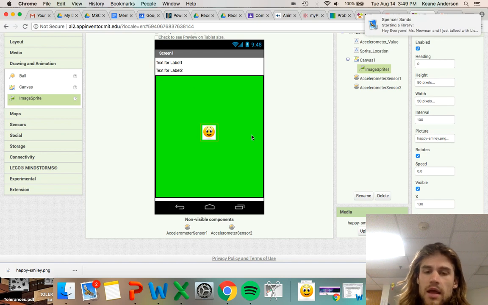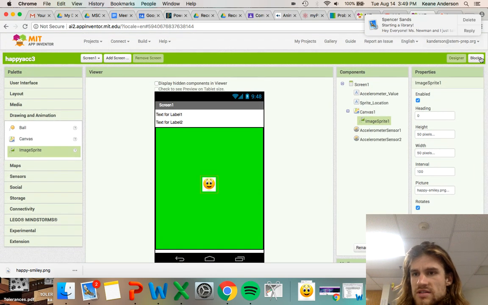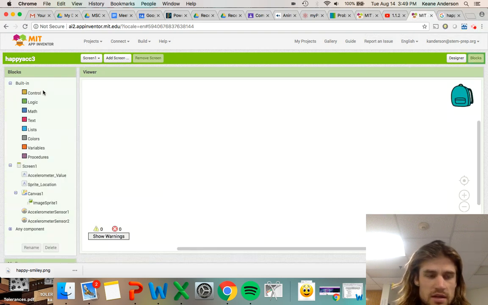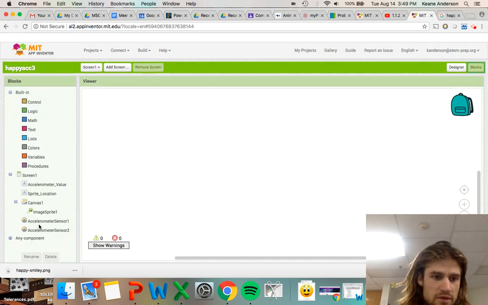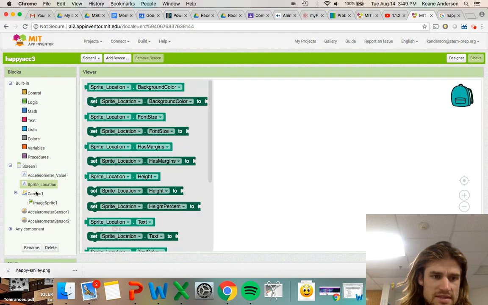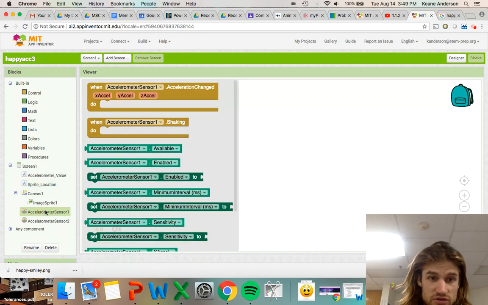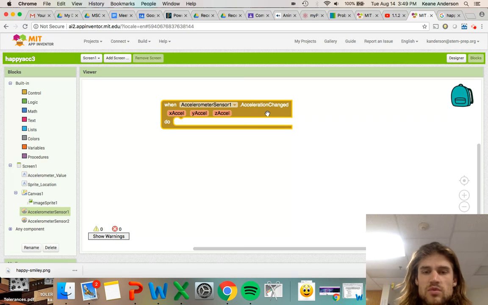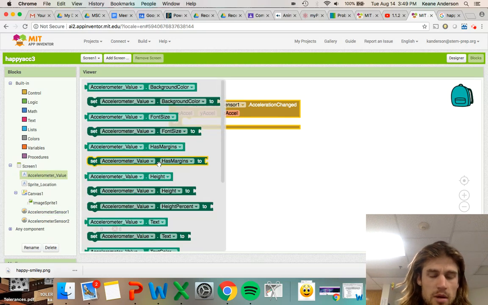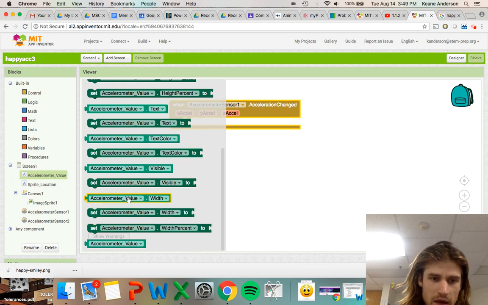And there we go. Okay, so let's go over to our blocks view and take a look at this. Okay, so we have no blocks yet. Perfect. So let's open up our accelerometer sensors right here. So when it notes that the acceleration has changed, that's when we want it to do something. So the first thing we're going to set up is our labels. So here we go. When the accelerometer has changed, let's grab our label for accelerometer value, and let's set our